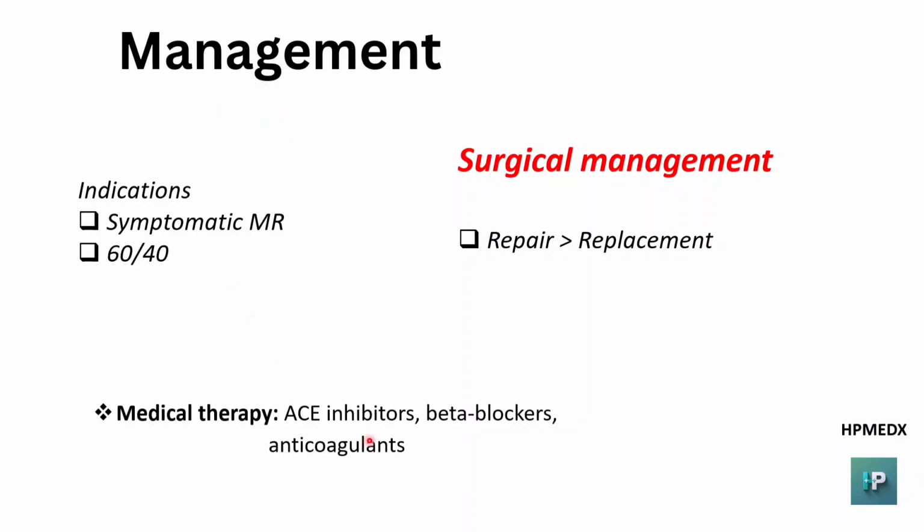Here the medical management is only supportive, and medical management is by ACE inhibitors, beta blockers, and anticoagulants. Here the anticoagulants may be used to prevent thrombi because of atrial fibrillation and LA enlargement. And ACE inhibitors and beta blockers, it is because in case of mitral regurgitation, if the systemic blood pressure increases,